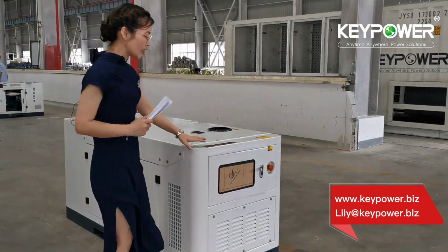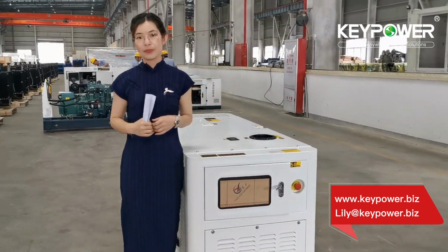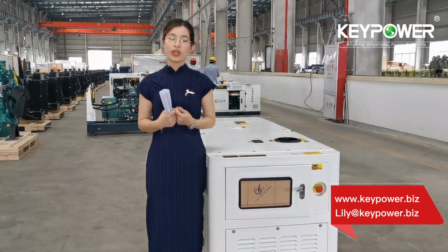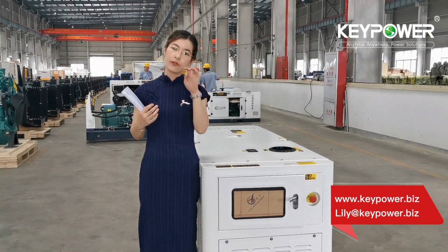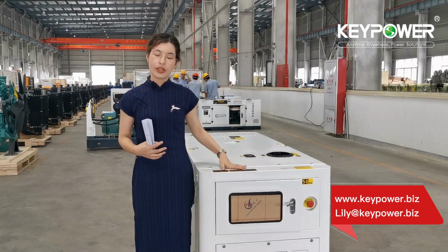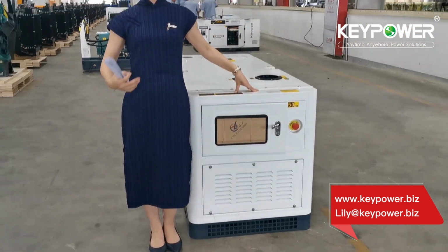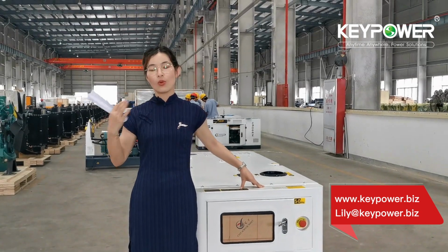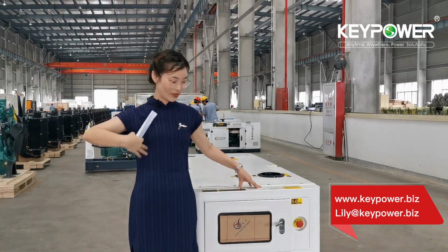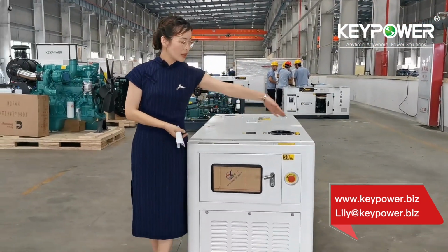The most advantage of this canopy is the compact design. It is 20 kVA. We use the same canopy for 16 kVA and 20 kVA. The size of this canopy is, you see my size. I am 1.6 meters height. Yeah, this one is 850 millimeter, and the width is